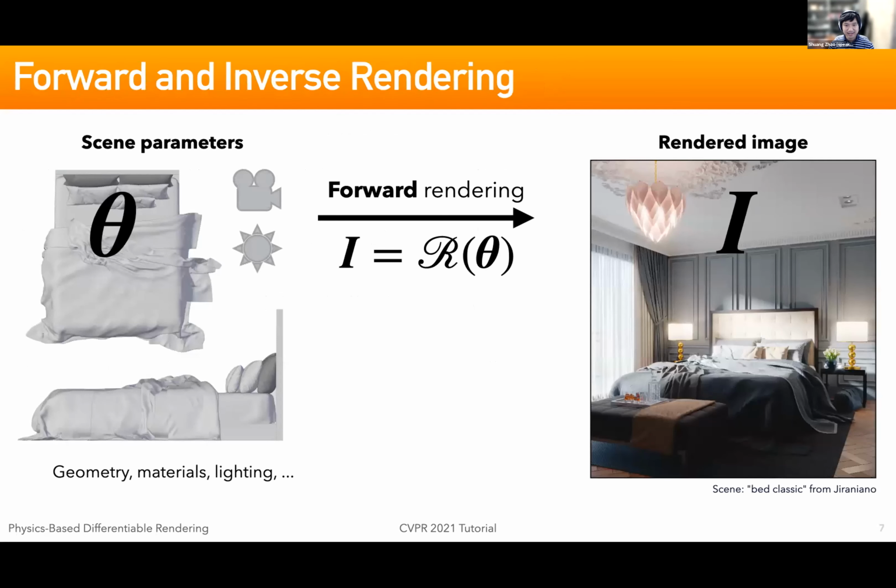Let me give a more visual demonstration of forward versus inverse rendering. In forward rendering, we take a number of scene parameters, which we write as theta. In some of our later slides, we might refer to scene parameters as pi as well, but we mean the same thing. Scene parameters include scene object geometry, material properties, lighting information, everything. Forward rendering takes all this information and generates a rendered image, which is shown on the